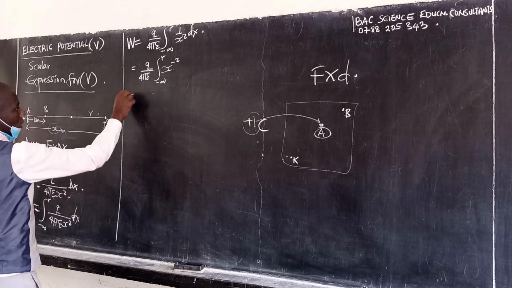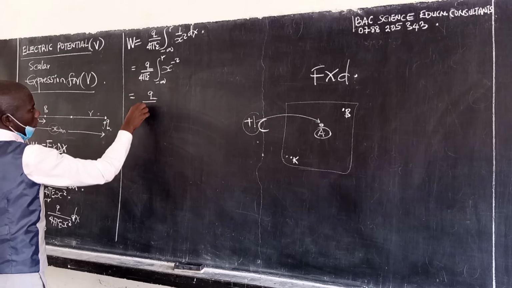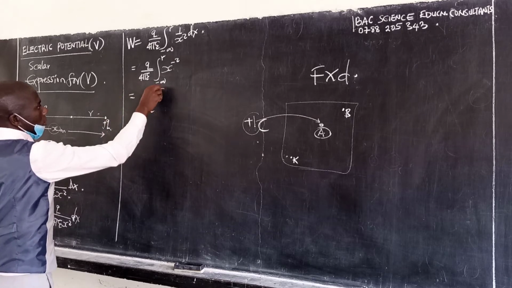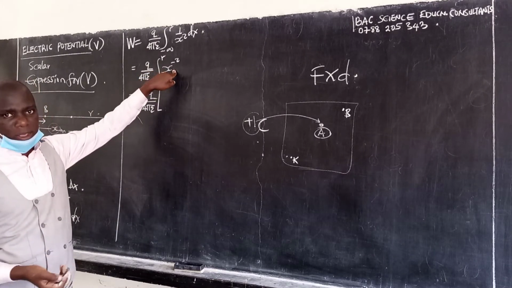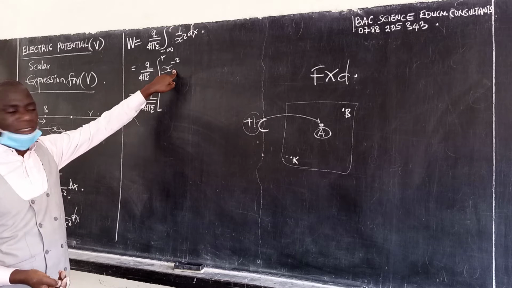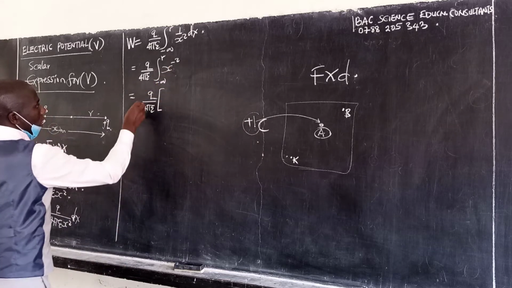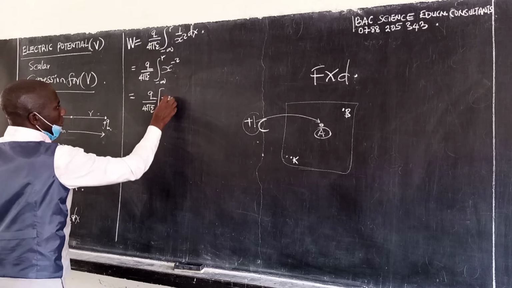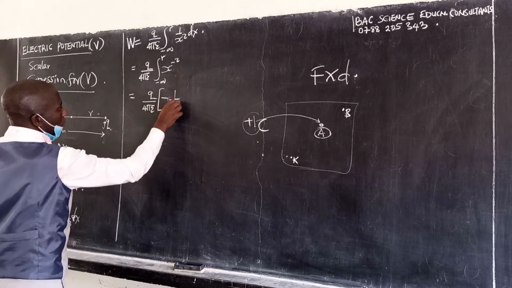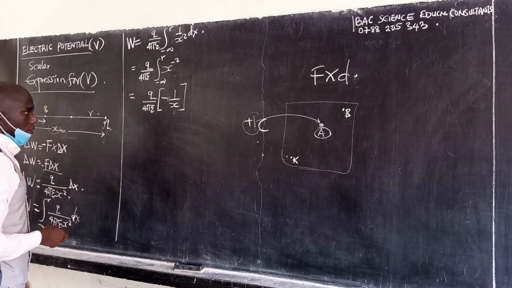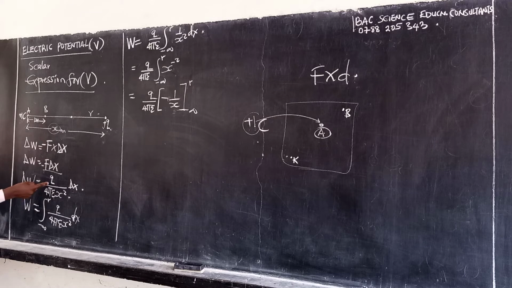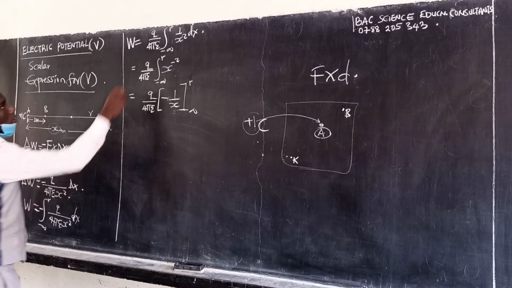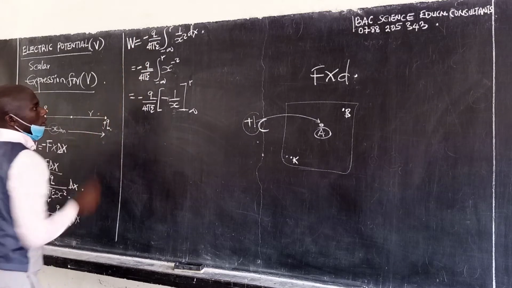r, which becomes q out of 4 pi epsilon. When you integrate this one, increase the power by 1, it becomes x power negative 1. Then divide by the new power. The new power is negative 1, so therefore we shall have a negative of x power negative 1, which is the same as negative 1 over x, from negative infinity to r. However, we had some negative on this negative. Don't forget it. So we still have it.